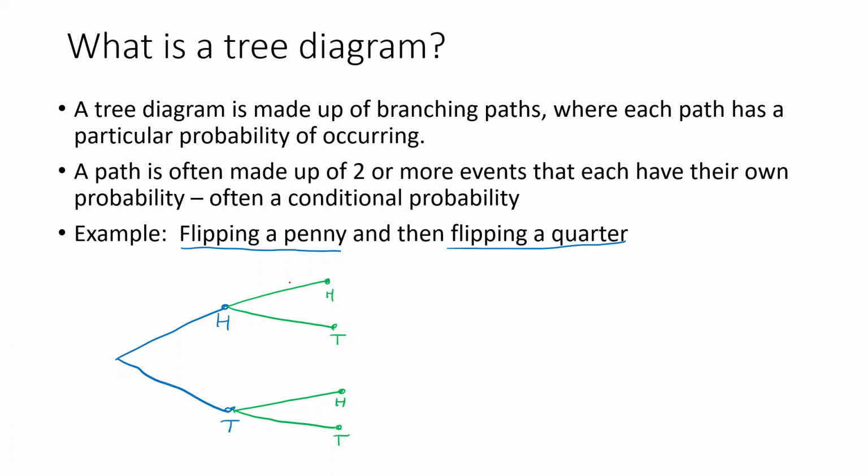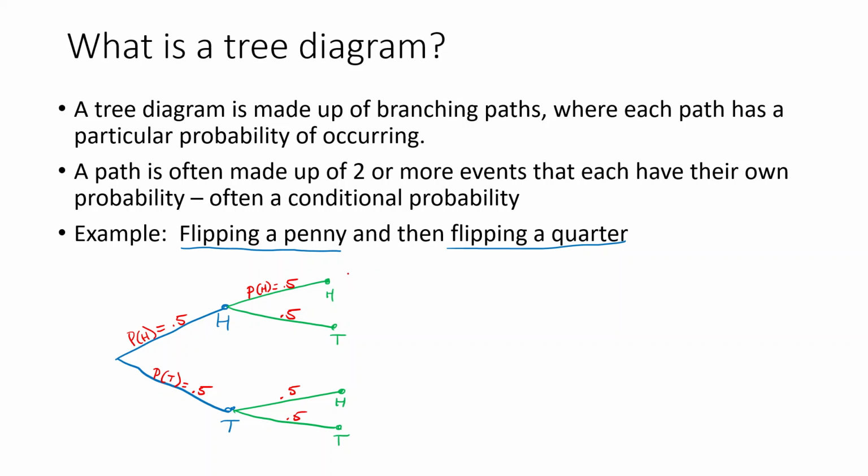All right, so now to work our way along the tree diagram, the probability of getting heads, that's what this branch would be, because this is getting heads, would be 0.5. The probability of getting tails, when we flip that penny, that would also be 0.5. And the same thing's going to work here. When we flip the quarter, probability of heads on the quarter is 0.5. The tails is also 0.5. I'm just not going to write the probability. That's going to be 0.5, and that's going to be 0.5,